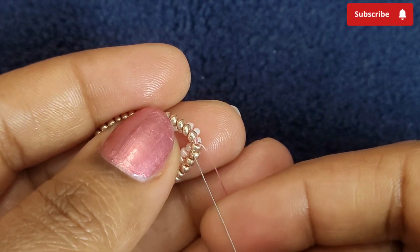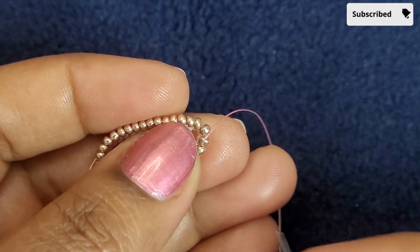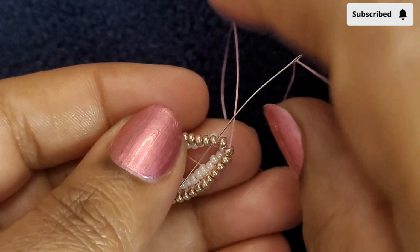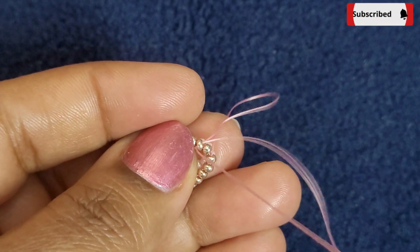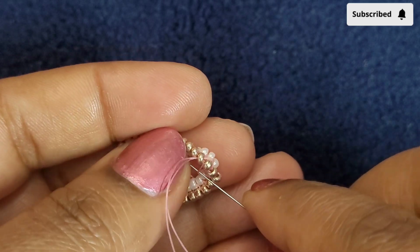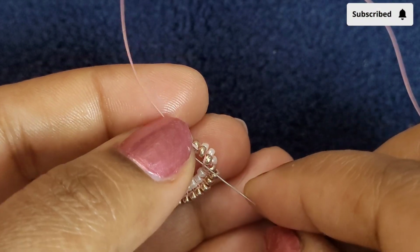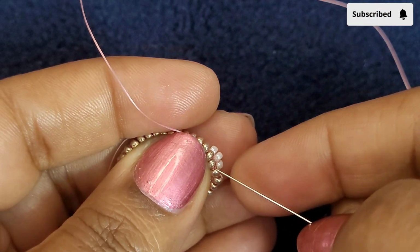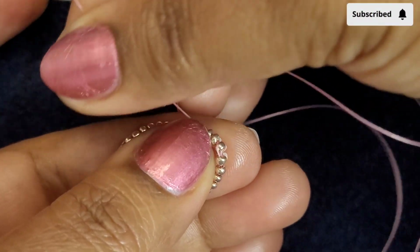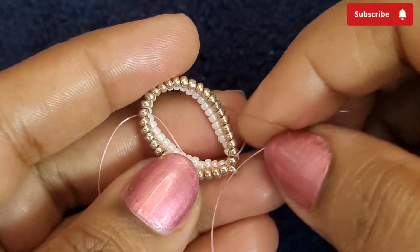So here you can see right now I'm exiting through this 11O champagne. So I'm going to skip this 11O on the top and I'm passing through this next 11O. Just bringing it in front, bringing the thread in front, pulling the 11O that we skipped up and creating the tip like this. So we have created this tip,